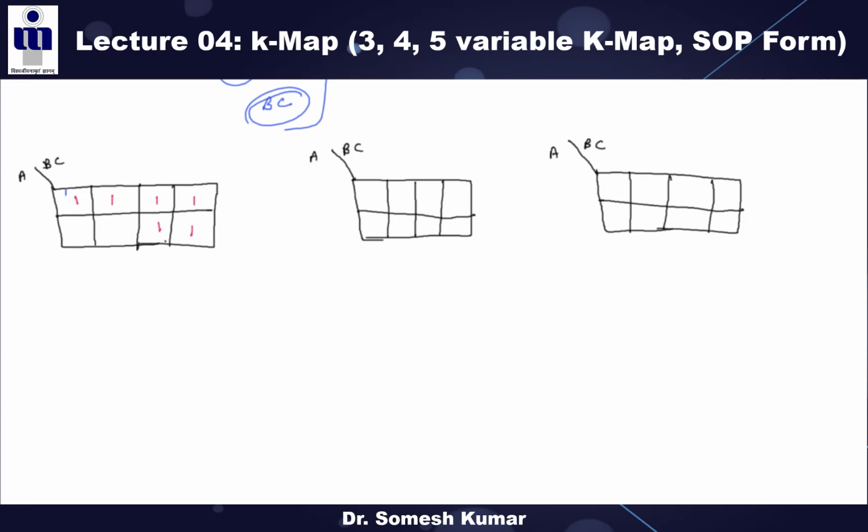Now in a similar question, I am adding one extra one here. Tell me, how many quads are possible? In simple terms, one is this quad, and the second quad, as I already showed you previously, is this one. Which one is the third quad? This one, and this one.